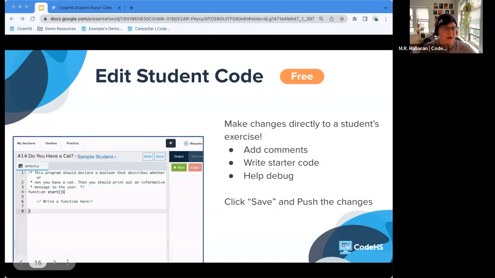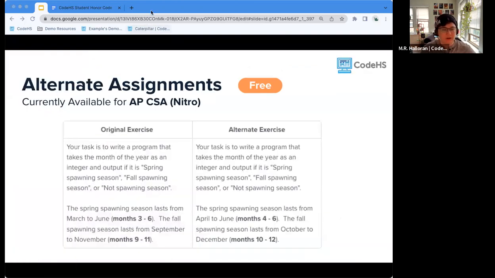And then we also have launched alternate assignments. Currently, this is only available for AP CSA Nitro, but our curriculum team is, as we speak, trying to roll out this feature for more courses. I think web design is up next, and then you can expect more of these courses to be rolling out over the school year. So for now, if you do teach CSA, you will have the ability to switch